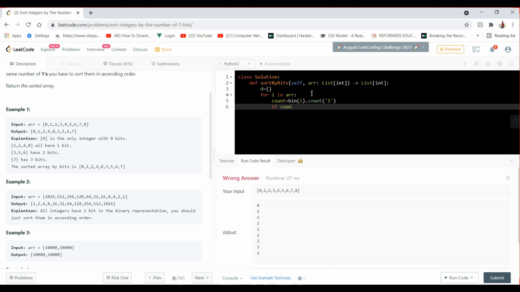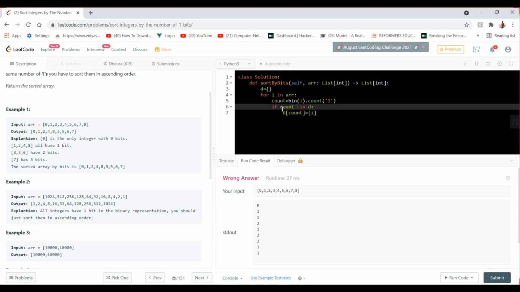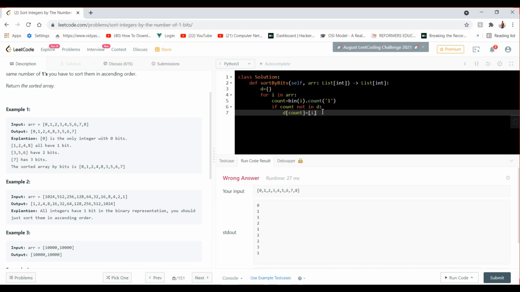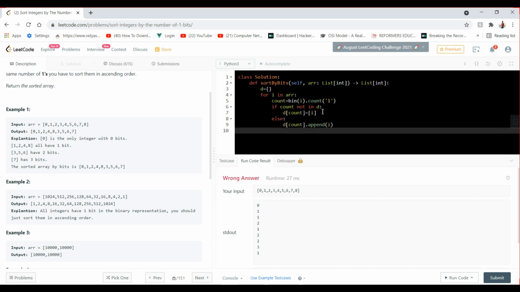If count in D, then D of count. If count not in D, then it is okay. Else what I have to do here, I have to append i to that list.